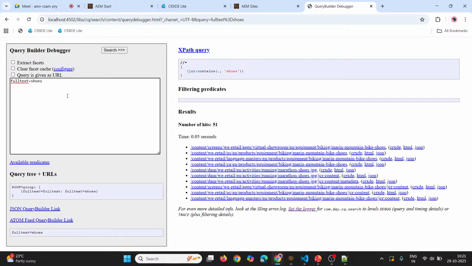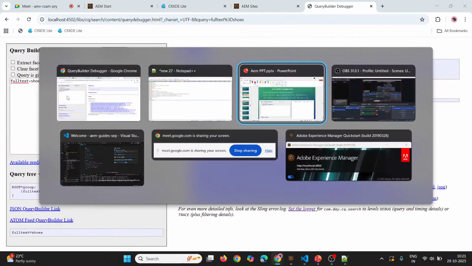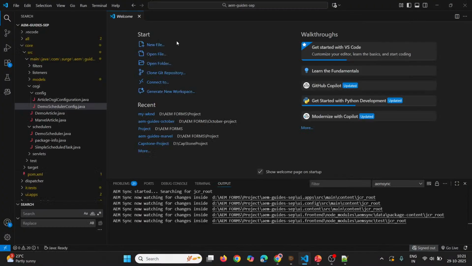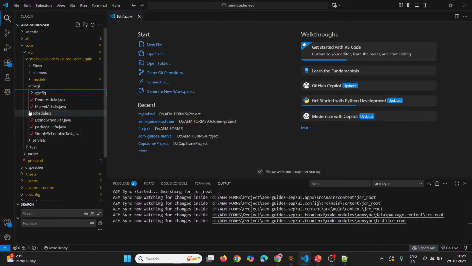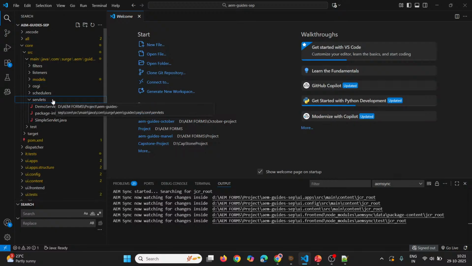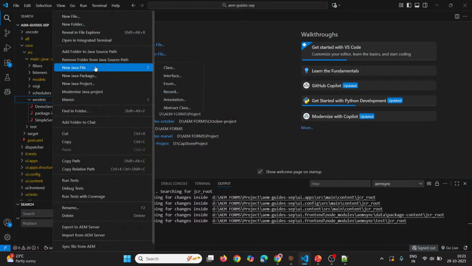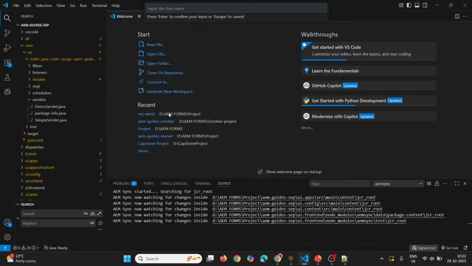So if you want to actually execute the query, in that case you have to write the backend logic to execute the query inside your project. In order to write the query, you can go for anything. I'll go for a servlet, and inside the servlet, I'll try to write the query. So right click on it, new Java class, and then